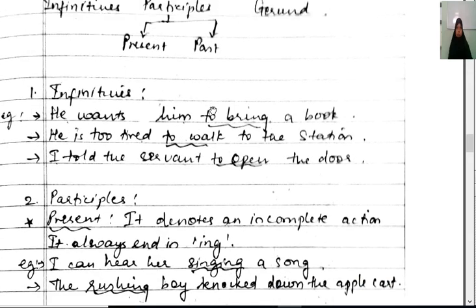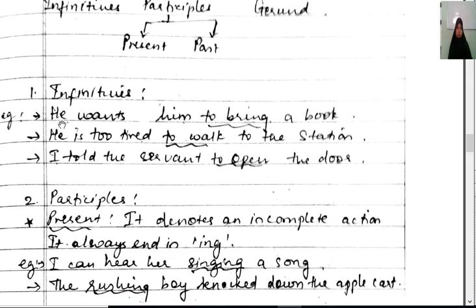Let's start. First one, infinitive. Infinitive here is nothing but the to form of the verb. Here you have to keep in mind, in your exam, if they ask you to fill in the blank with infinitive or rewrite the sentence using infinitive, what you have to do is just pick up the verb in the sentence and write the to form of that verb. To form of the verb means what? You have to keep the verb in its root form. You don't have to add ing or ed to it. Anything you don't have to add. You have to just write the verb in root form and add to it.